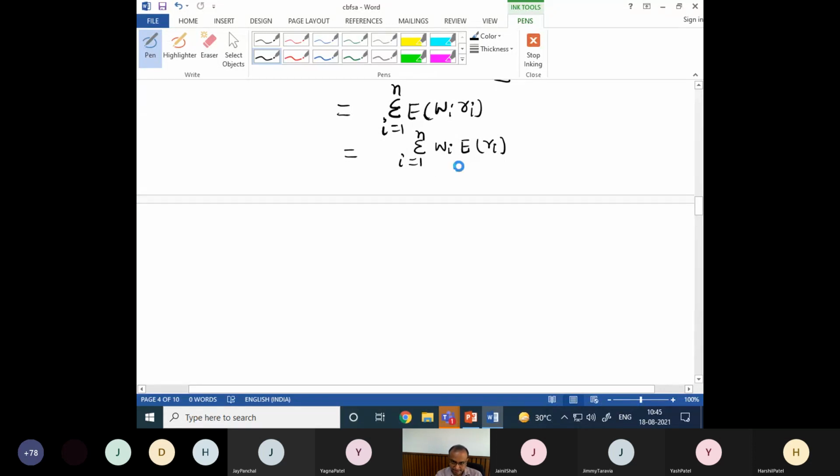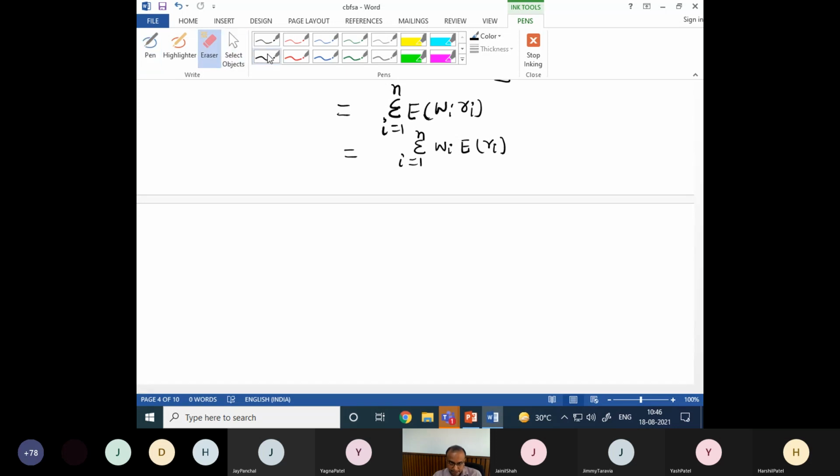So this way we can find the portfolio expected return if I know the return of every security, E of Ri, and we know how to find E of Ri. Either you estimate it or you find it from the probability of the state of the economy, right? So you have two ways. This way we have the portfolio return. Similarly, we have portfolio risk.